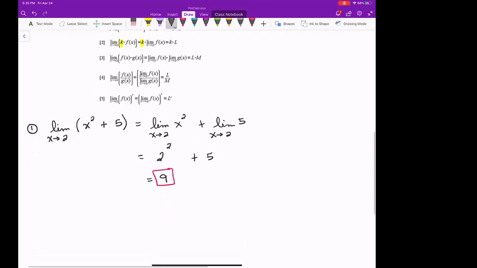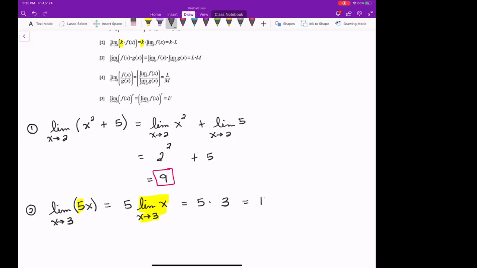So that example would be something like, if I had the limit of, say, 5x as x approaches, say, 3, well, using that property, I could take that coefficient of 5 here, and I could move it in front of my limit. So that means I could have 5 times the limit of x as x approaches 3. And then now this is one of those basic functions where if I just plug it in to that linear piece, the limit would just be 3,